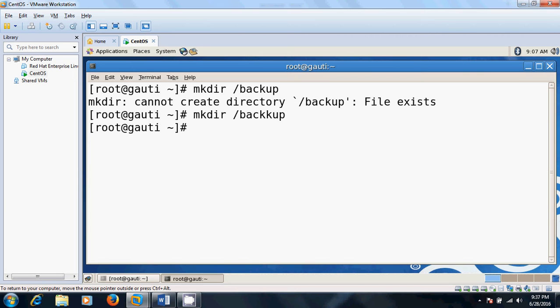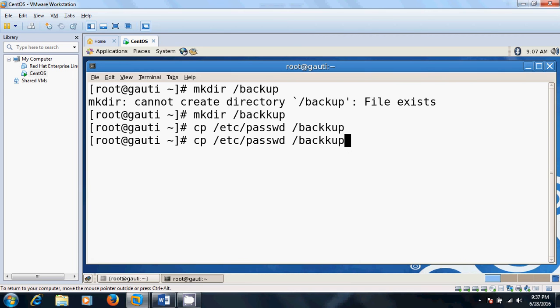So what is the command for copy? cp /etc/passwd, space, backup. Okay friend, it will copy into the backup directory.